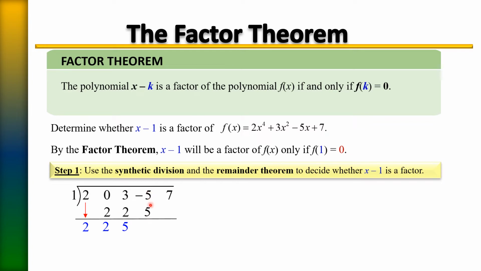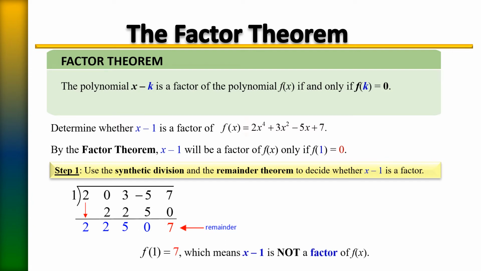Bring down 0, multiply that with 1 to get 0. Bring down a 7. We do not have a 0 at the end for our remainder. We have a 7. So therefore, there is our proof using the remainder theorem that 1 is not a factor